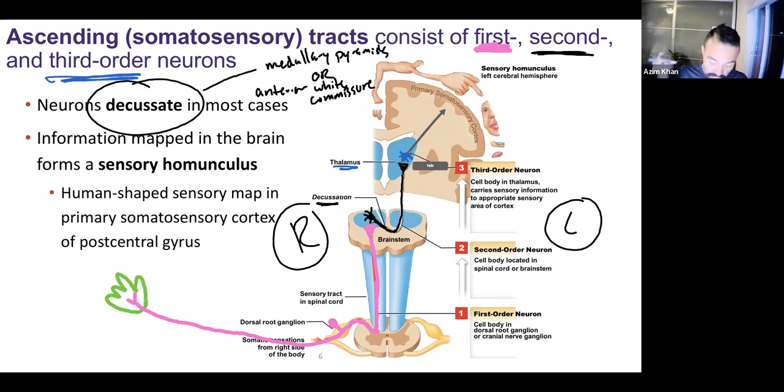Multipolar, because it's in the brain. Its axon extends to the primary somatosensory cortex in the postcentral gyrus of the parietal lobe, and that's where it gets processed. If you take a look here in this primary somatosensory cortex, you'll notice something funny, that there's a mapping of a human here. You've got genitalia, feet and legs and torso and arm and hand, which is why I put the axon terminal there at the hand, and the face and tongue.